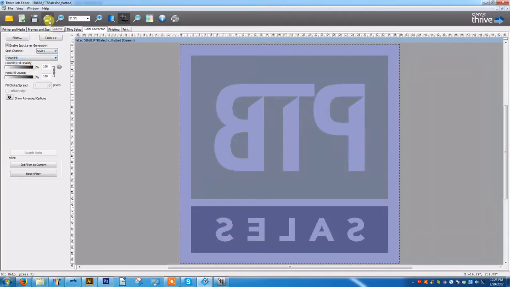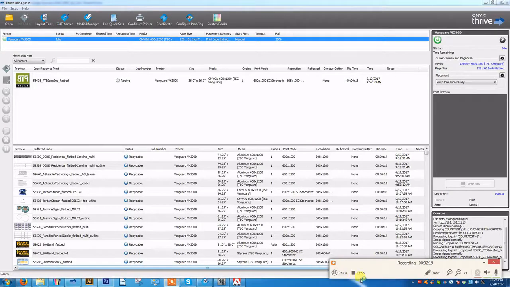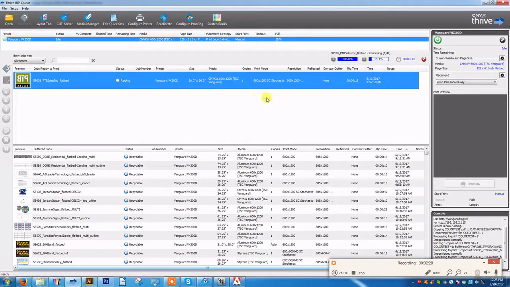Once we get the flood fill, we want to click submit. And once this is done ripping, you can see that it is actually rendering now. Once it's done ripping, this will show up in your print preview and allow you to print it, so we can upload it into